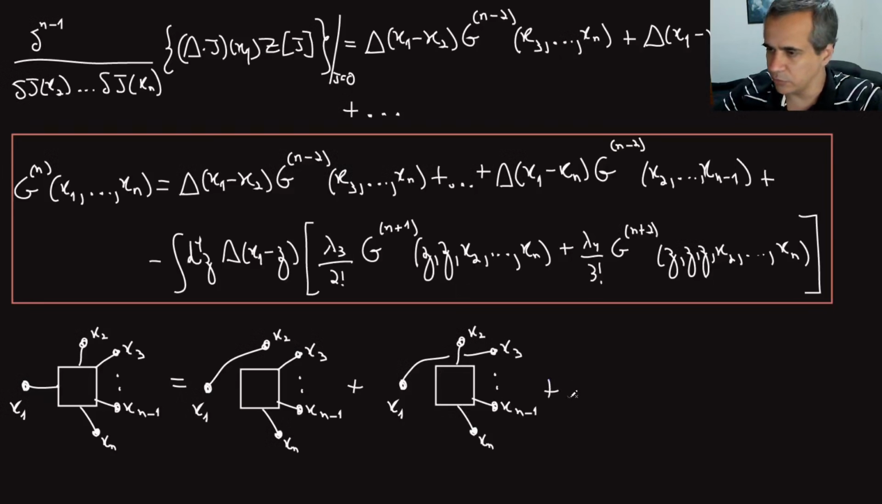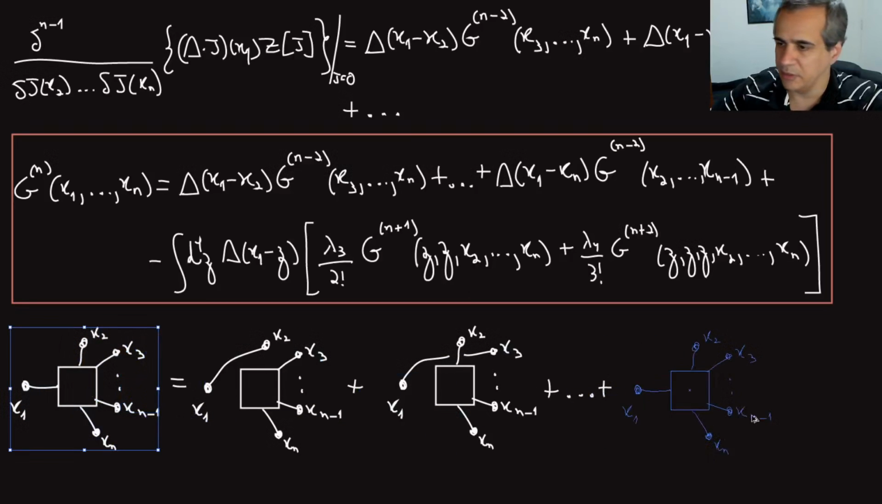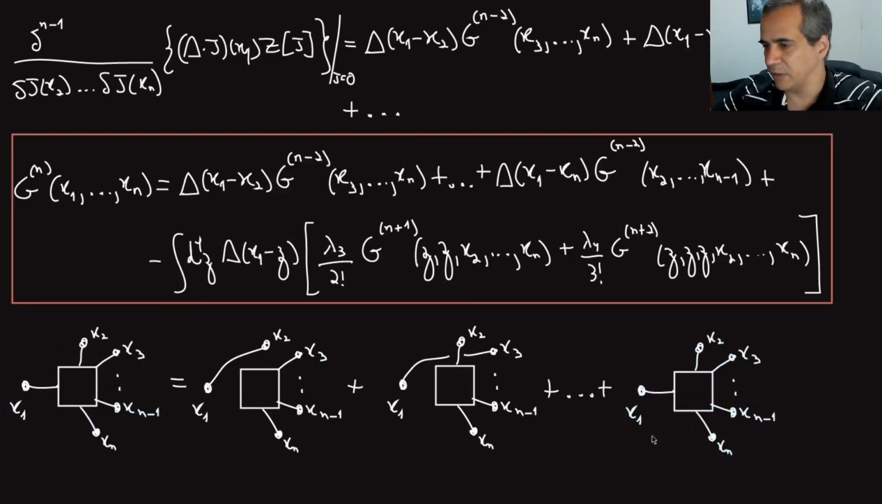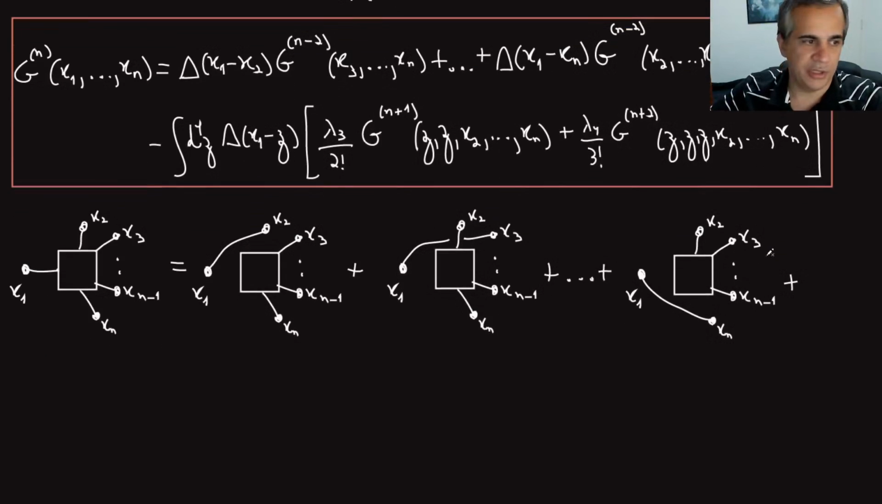And this goes on until the very last term on this line, which is the one that connects x1 to xn, and then depends on all points from x2 to xn minus 1. So this is what this first line is doing. But I also have these contributions, which now have extra points. So I have a minus 1